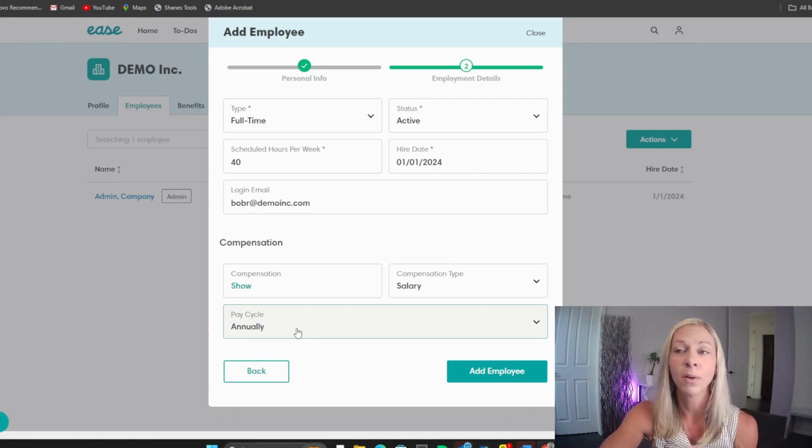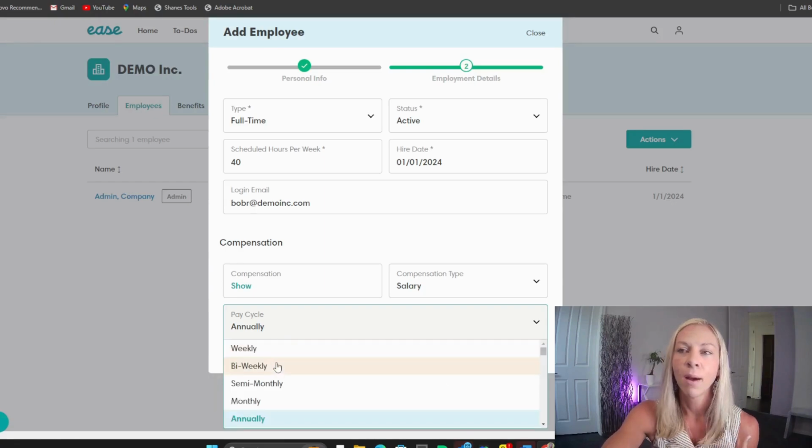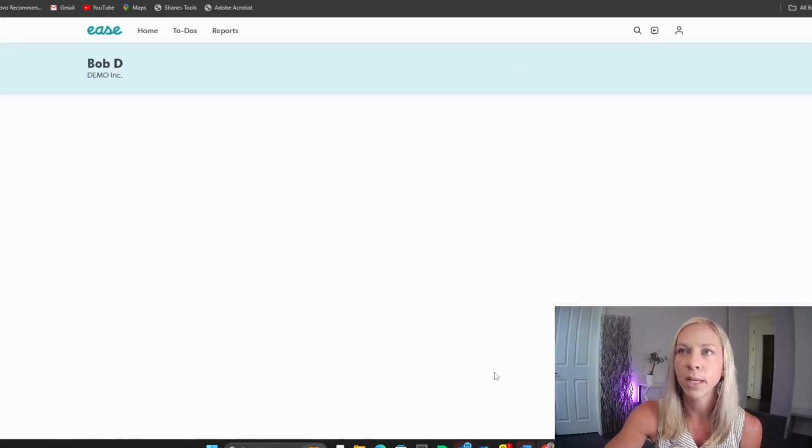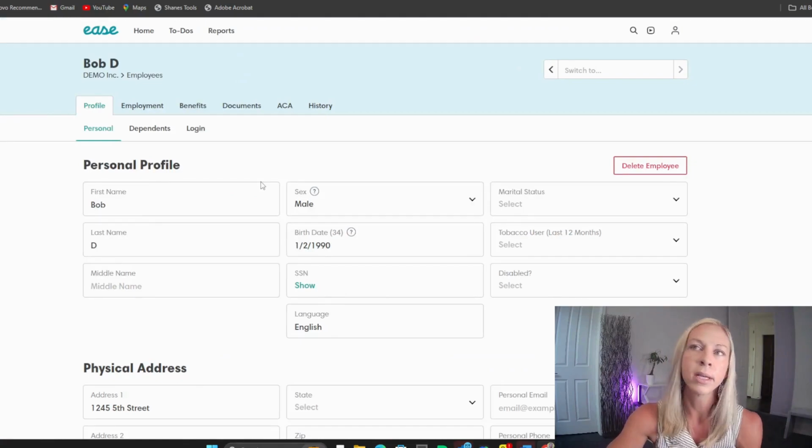Many HR people love this system because it will calculate and summarize payroll deductions, employee costs for you in just a few clicks. However, if it's calculating annually or monthly and you are paying out weekly or bi-weekly, it can be a pretty significant error. So we're going to go ahead and do that now. Click bi-weekly and add employee. So this employee is now added,